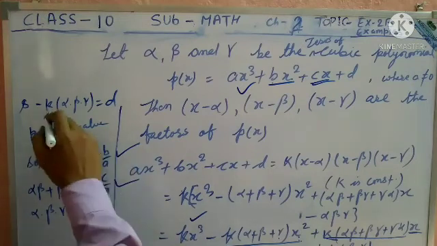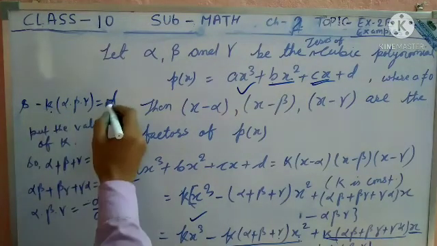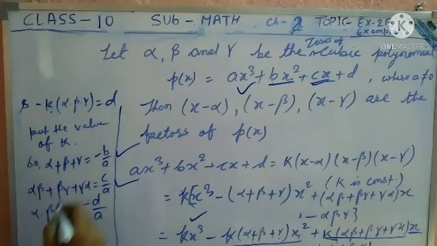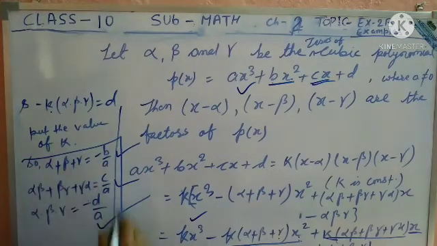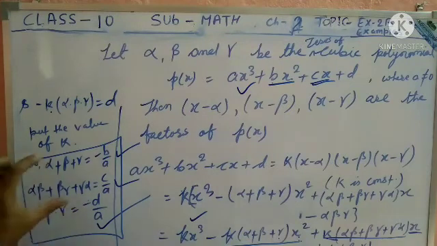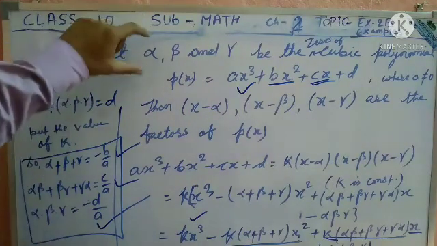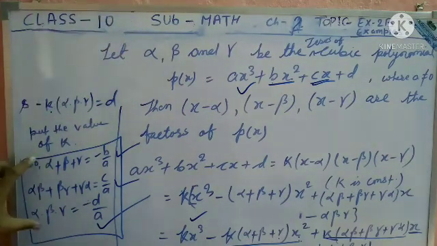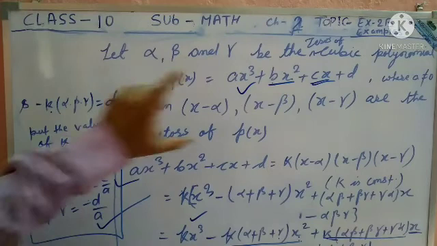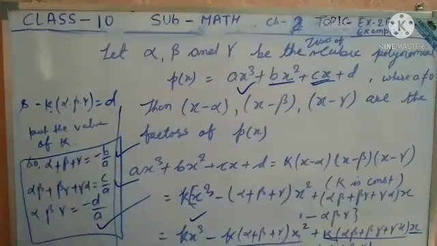Now again that term k is equal to a, so that term minus d by a, alpha into beta into gamma is equal to d by a, means three terms of the zeros of a cubic polynomial. So this term is found. So that is the formula usage of exercise 2b.